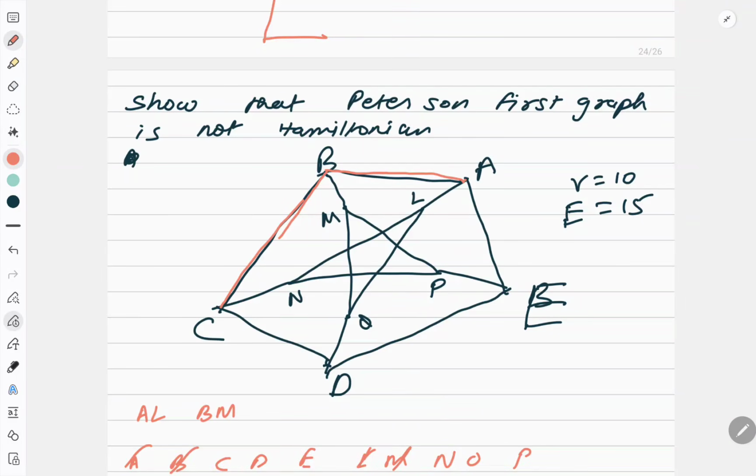Now from C, I will go to D. So again, which one do I have to leave? I have to drop CN. So C is gone and N is gone. I need to cut all the vertices. So CN is also gone now. Now from C to D I came, from D let me go to E. So here DO I should delete, right? Sorry, this is O, because here I took O. So O is gone and D is also gone, right?